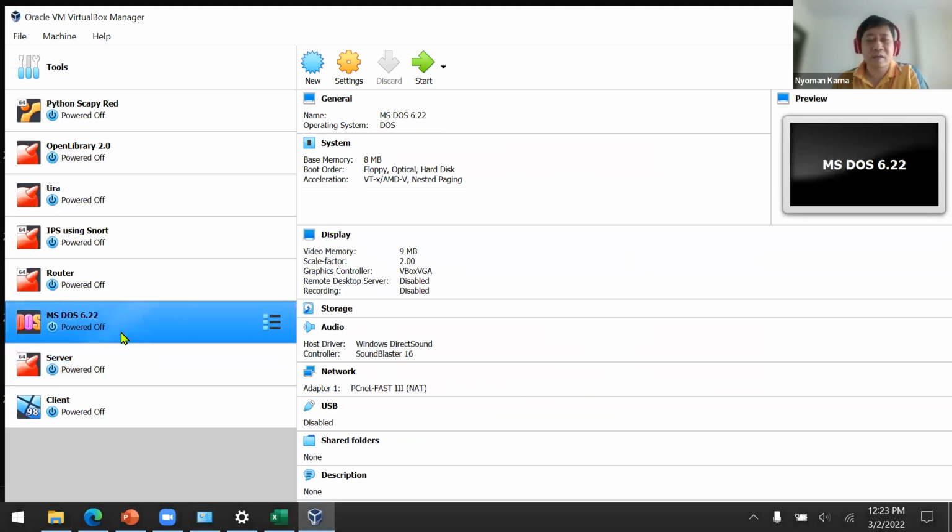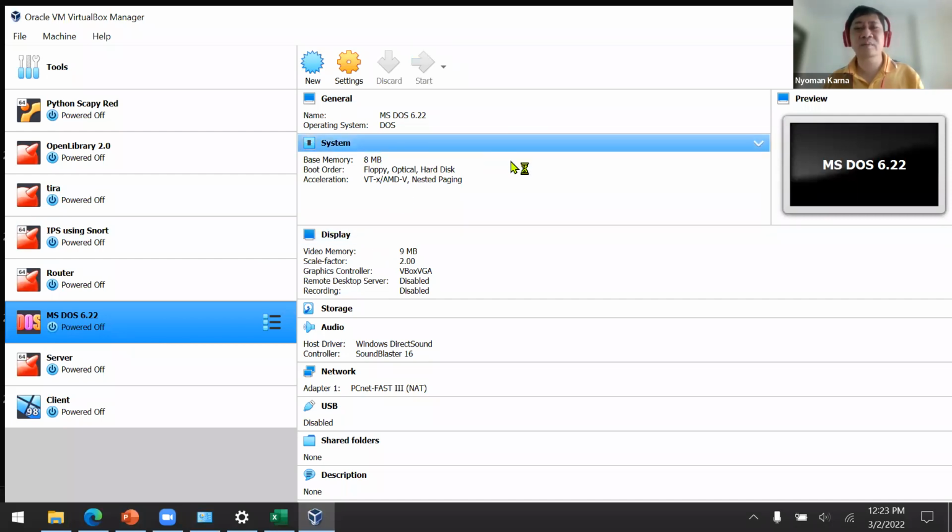Now, I have a virtual machine in here, and it used the very old operating system called Microsoft DOS. I believe it's around 42 years ago, in 1980.